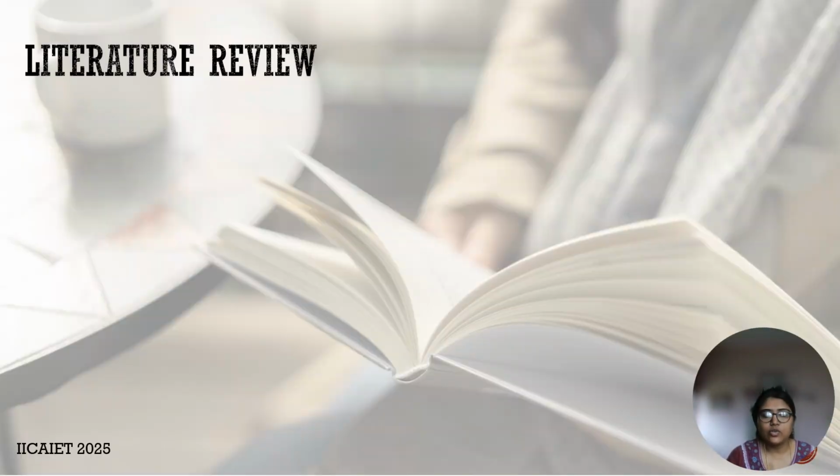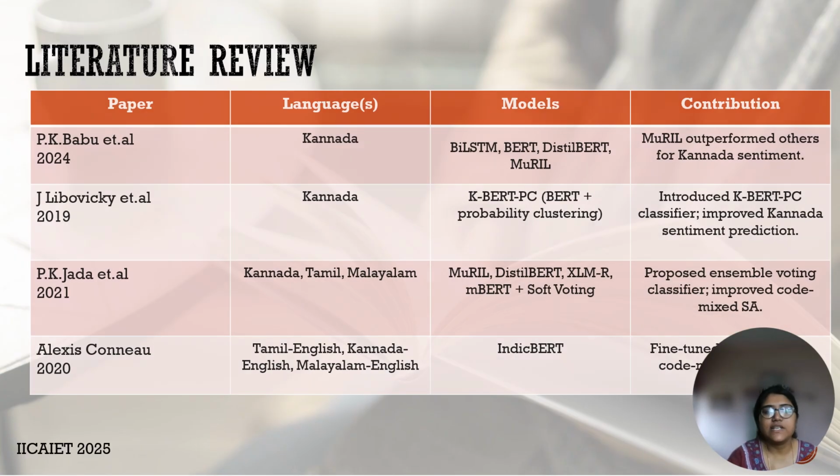So let us go through the literature review. In the literature review, I have listed some of the papers I have referred to for this work, and there is one work called IndicSentiment 104, which covers 22 Indian languages. It has been generated through machine translation. In other works, we can see they use Indian languages like Kannada, Tamil, Malayalam, and